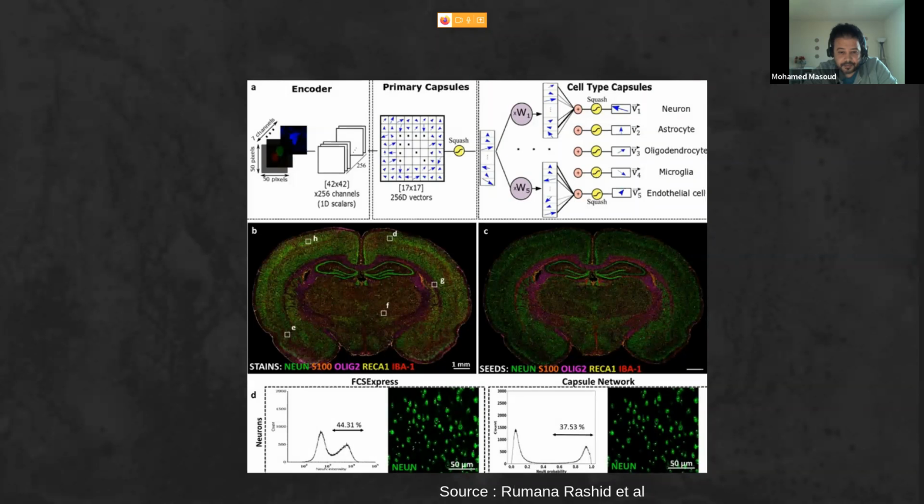So they work here on generating the training set that is used with this capsule network from the cells that already have a high expression of their protein, or high expression of their markers.